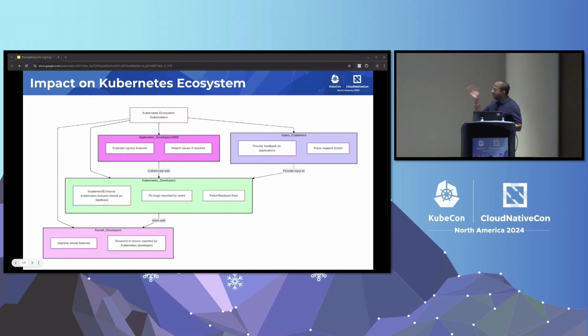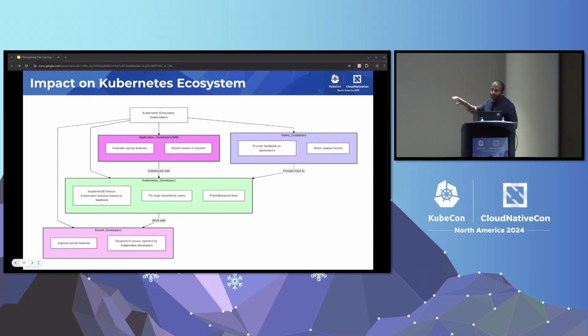If something goes wrong, they collaborate with Kubernetes developers. End user customers also have some feedback, and they go the same way. And Kubernetes developers sync with kernel developers if they have any technical understanding they want to clarify regarding the kernel feature. So if you see here, the core part of the entire workflow is the Kubernetes developers,